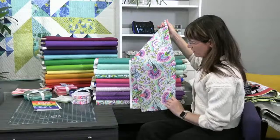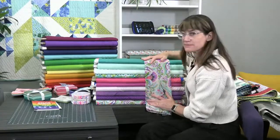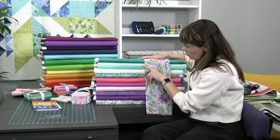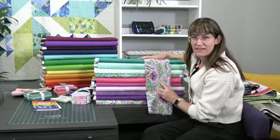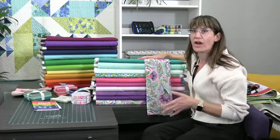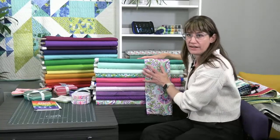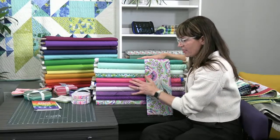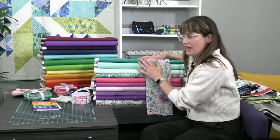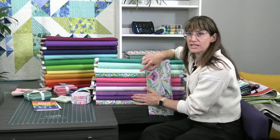And you can sort of see here, one of the things I like to do is lay my fabric that I'm really excited about as my inspiration on it. And you can see how all of these different fabrics really go nicely with this fabric, which is super fun. And you can also see that I have thought about the rainbow. So I decided that the colors I was most excited about in here were the blues, the pinks, and the purples. And you can see I've done sort of a rainbow, and I've added a couple of fabrics that have a little bit more white, because I know these ones are going to be really dark